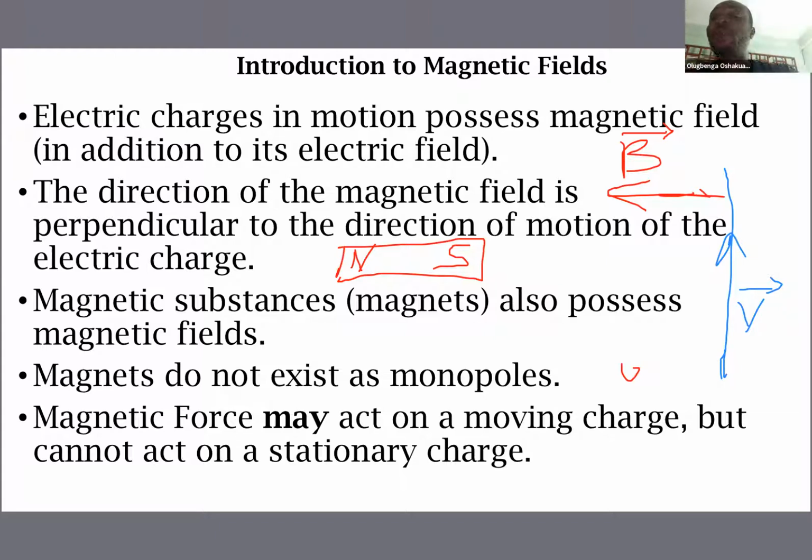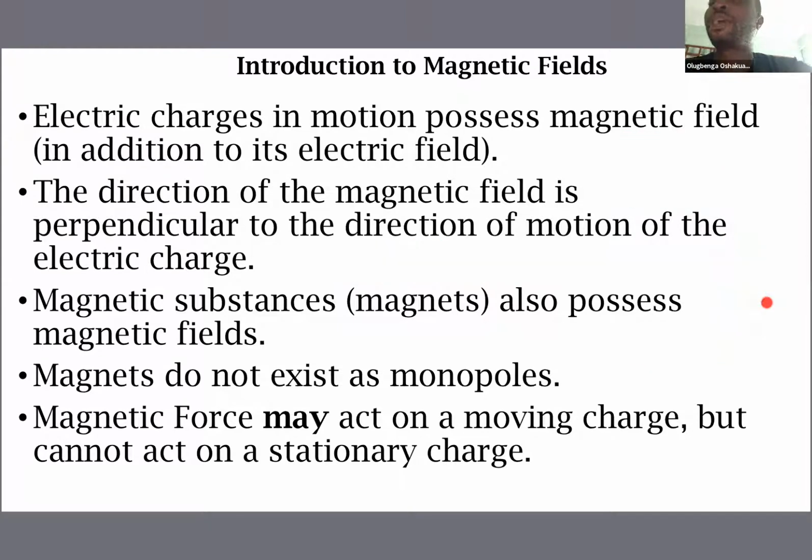Magnetic force may act on a moving charge, but cannot act on a stationary charge. When the charge is in motion, it possesses magnetic field, so it will respond to other magnetic fields. It can behave like a magnet, and when magnetic force acts on it, it responds. But when it is stationary, the velocity is zero, there cannot be any magnetic property,